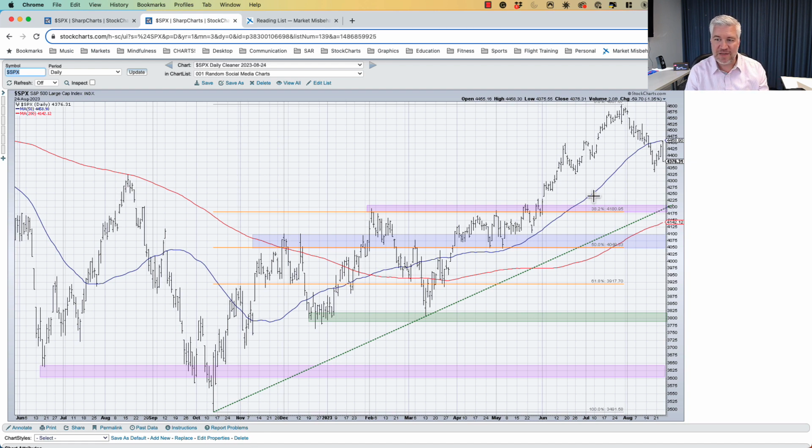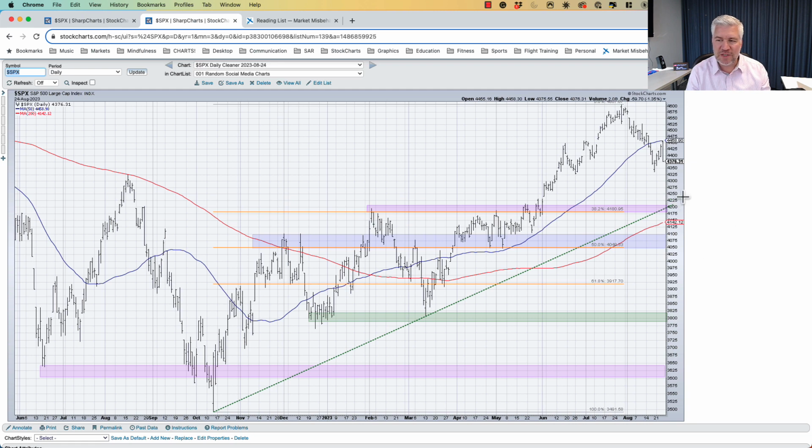That also represents a 38.2% retracement of the way back down from the July 2023 high and the October 2022 low. It actually lines up right around that same level, around 4180. I'm not done. If you draw a trend line from the October 22 low and the March 23 low, the two major lows over the last 12 months, and you track that trend forward, that gives us an objective of right around 4,200, depending on how quickly prices would come down. So here we have what's called a confluence of support. And I didn't even mention the 200-day moving average, which is getting nearer and nearer that range as well.